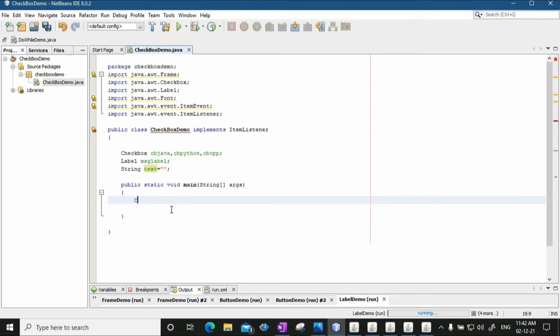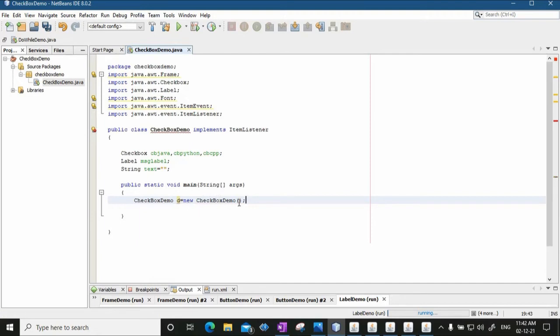So I'll say CheckboxDemo d equal to new CheckboxDemo. Okay, so this is how the object will be created.